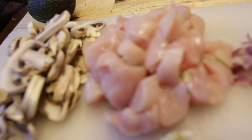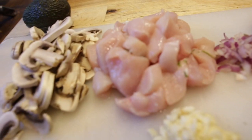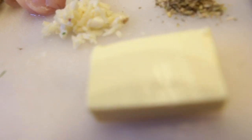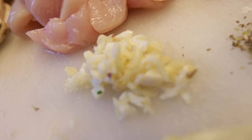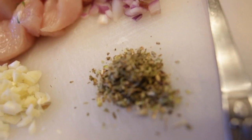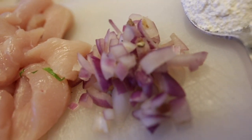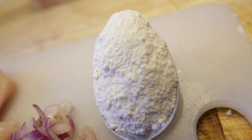Guys, to make this chicken sandwich, you're going to need about 2 cups of chicken breast, 1 cup of sliced mushrooms, 1 avocado. You're going to need some chopped parsley, 1 tablespoon of butter, a couple of cloves of garlic. I've got some oregano. You can use any herb of your choice, about 1/4 tablespoon of diced onion, 1 tablespoon